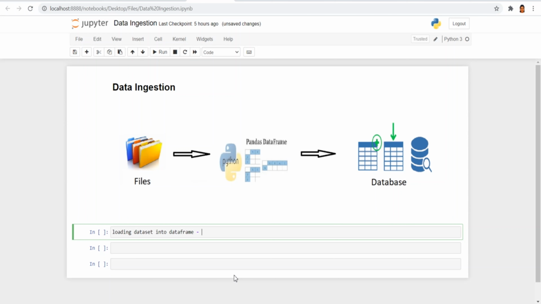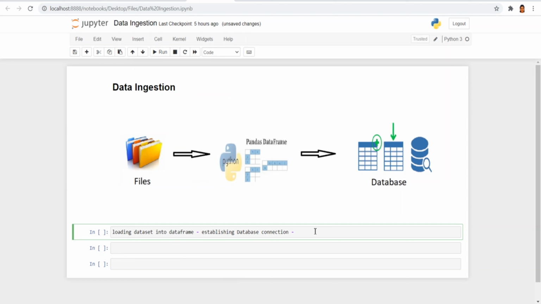Second is establishing a database connection. Currently we are using Jupyter notebook, so through Jupyter notebook we are going to connect with our SQL database. Next, once you establish the connection, we create a table.